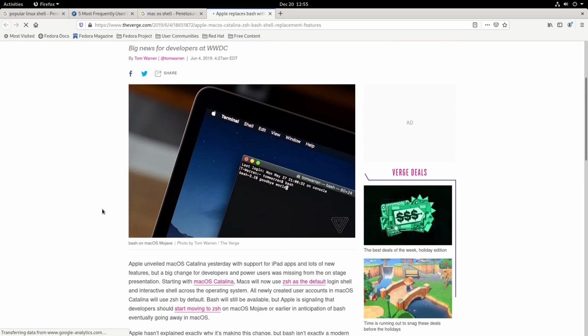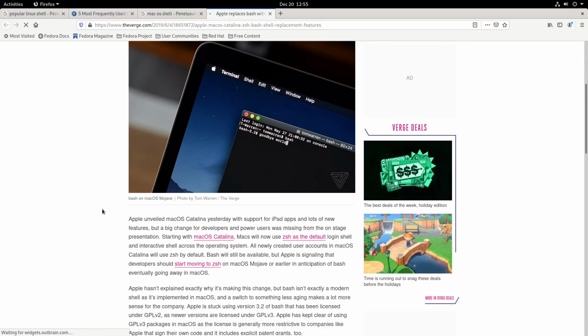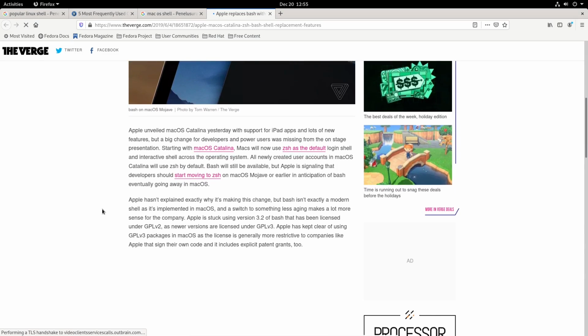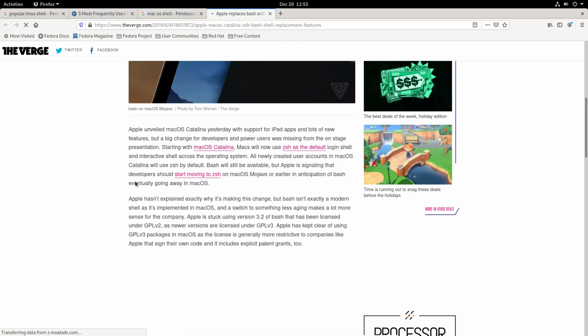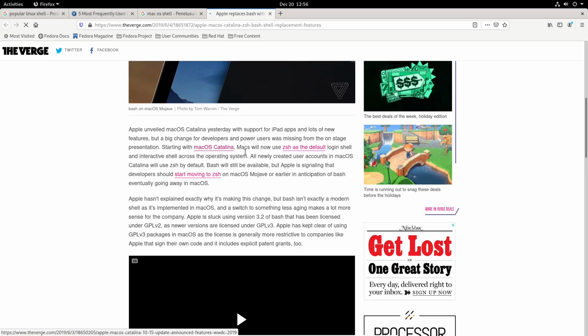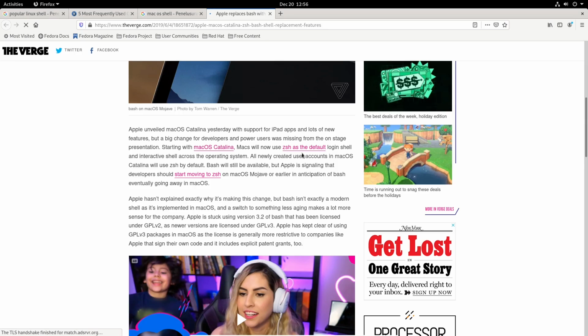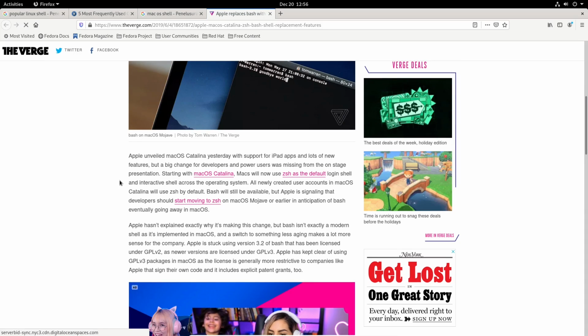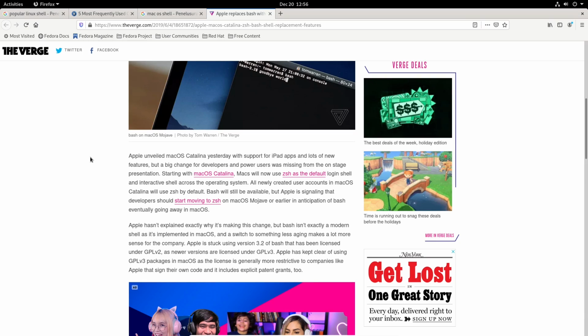You can read it by yourself. And we can see here that starting with macOS Catalina, Macs will now use zsh as the default login shell and interactive shell across the operating system. So if you use macOS, the shell is zsh.